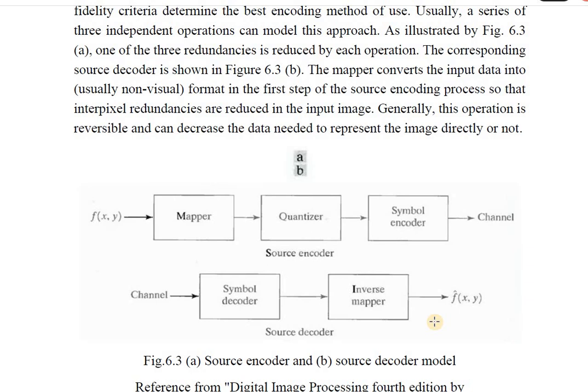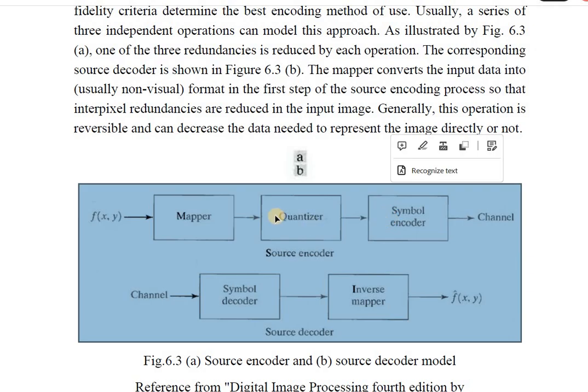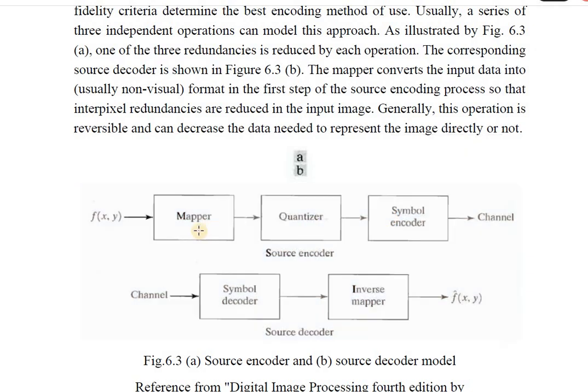So it does not remove any details from the image. It does not delete any information. It just deals with interpixel redundancies and reduces the size of the image, but nowhere will it hamper the quality of the image as such. The operation is completely reversible.